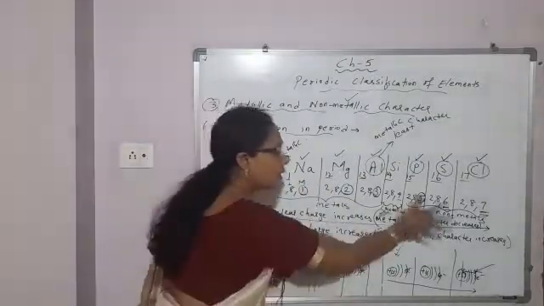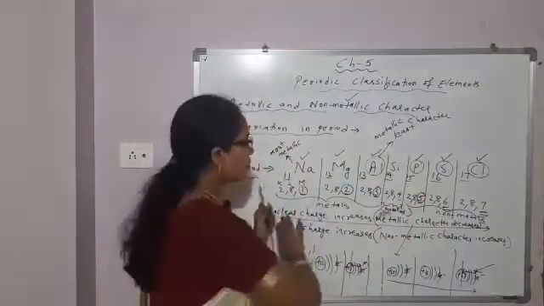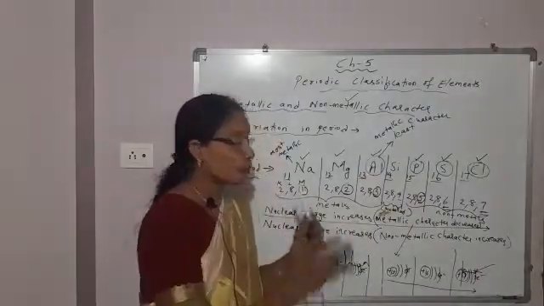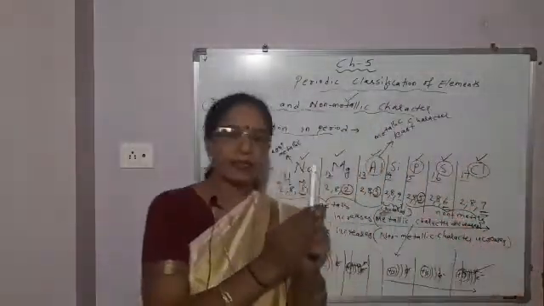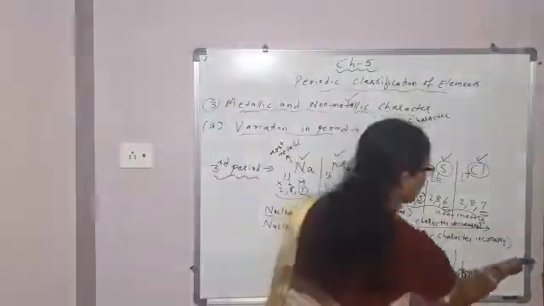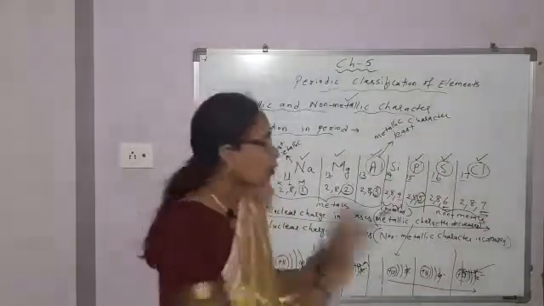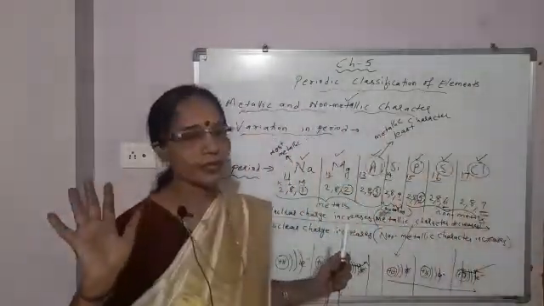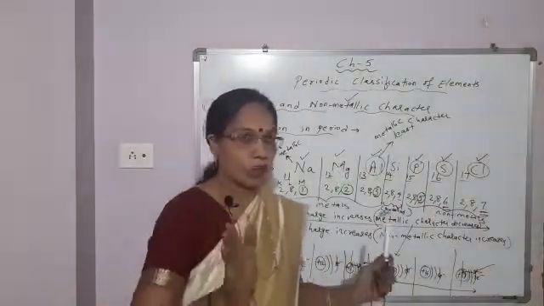So metallic character decreases. On the other hand, as we move from left to right in a period, nuclear charge increases. So force of attraction between nucleus and electron in the outermost shell increases. So tendency of the element to gain electron and form negative ion increases. So non-metallic character increases. Directly also the question is asked. It can be a 3 marks question. Okay, next, what can be asked?